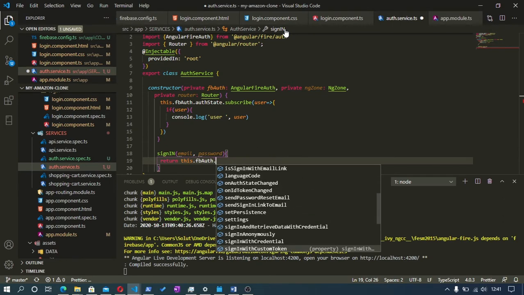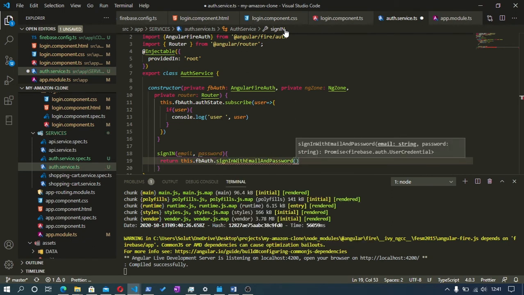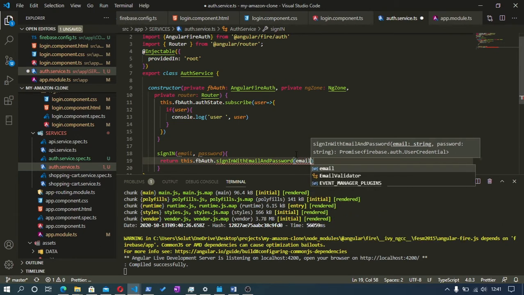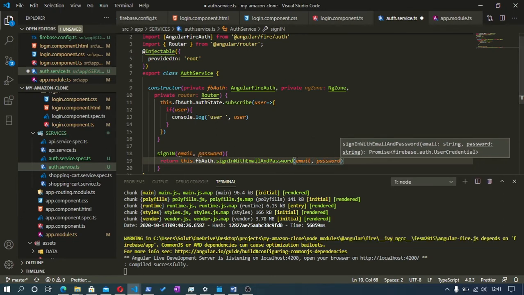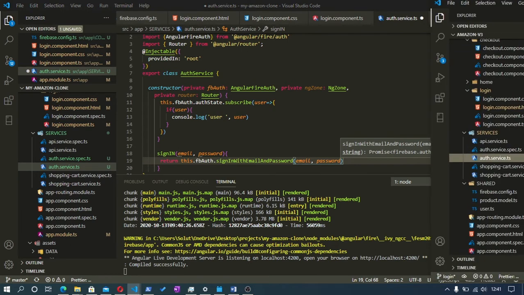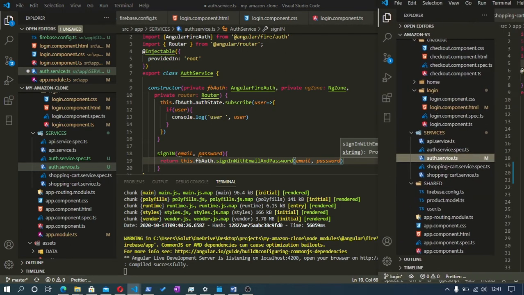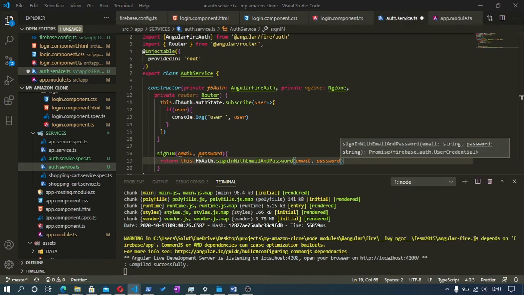You can use all these functions. What we need is sign in with email and password. So the first thing we need to pass is an email and the password. It's that easy to sign in someone. They have given you all the functionalities. Then